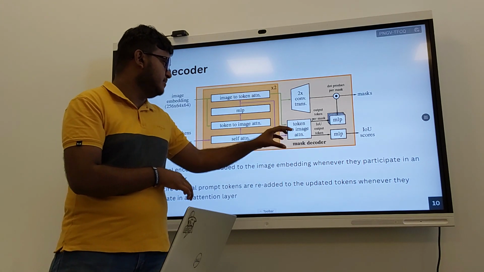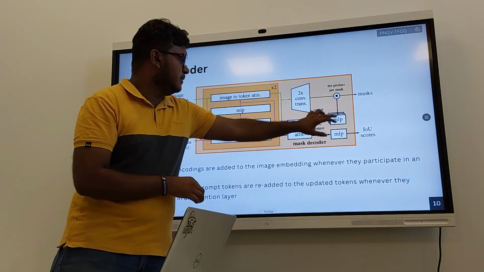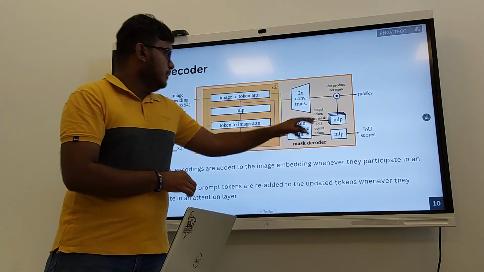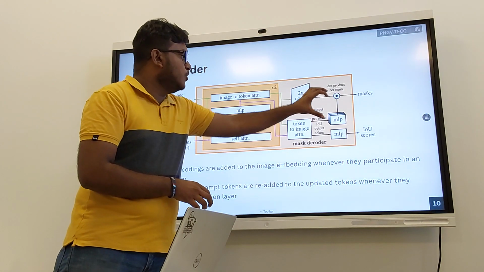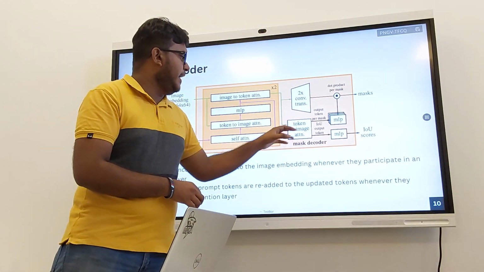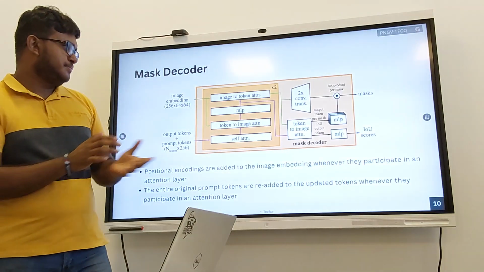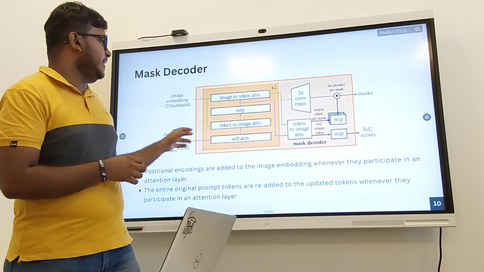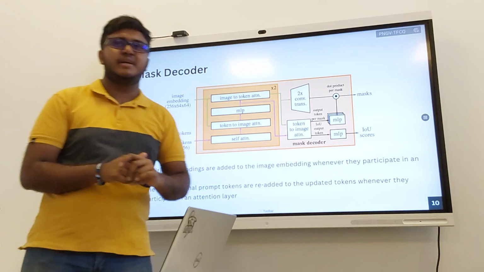They get 3 by 512 by 512 to take the dot product and generate the final mask. And again they are using a separate MLP to calculate the IOU scores or the confidence scores of each mask. So for a prompt, this will generate 3 masks, and for each of these masks they will generate